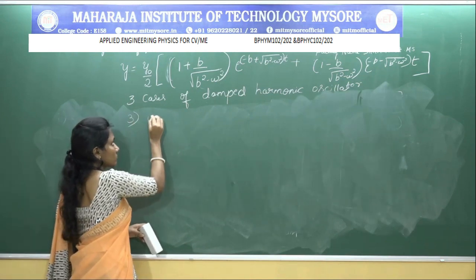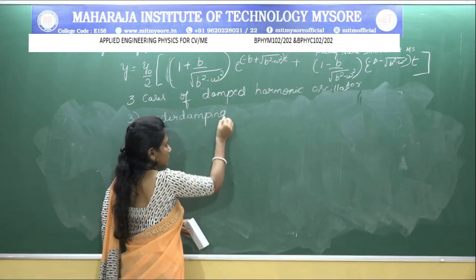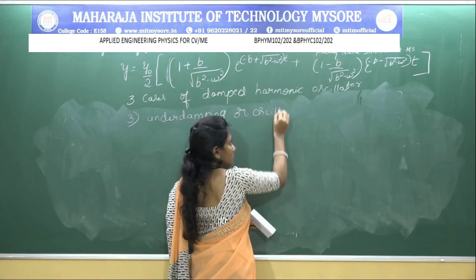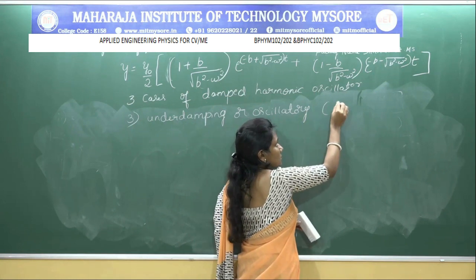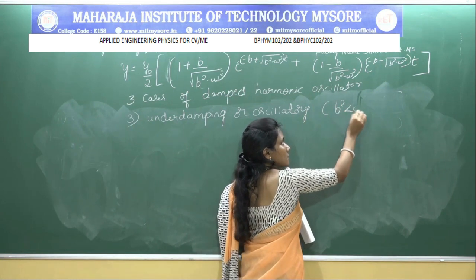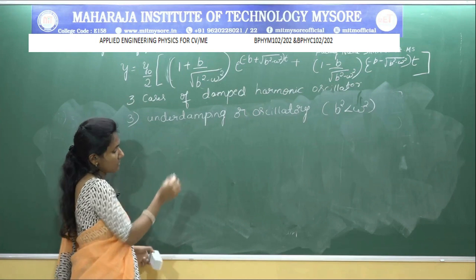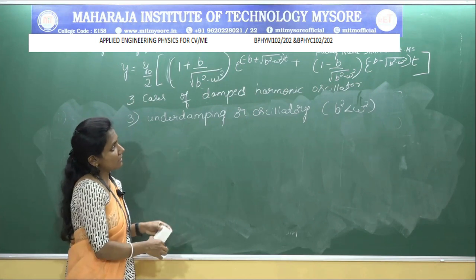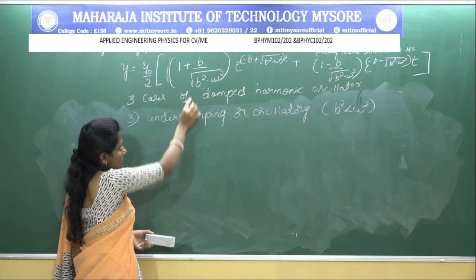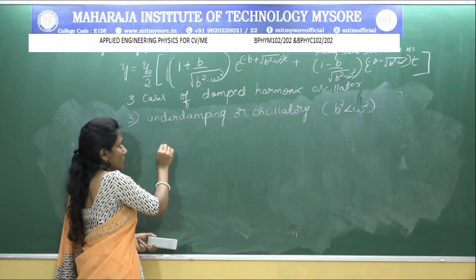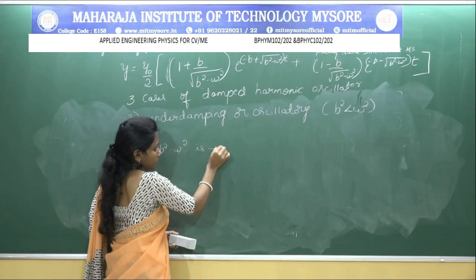So that is the third one, underdamping or oscillatory. It is called an oscillator. In this case the damping is very less. When b square is less than omega square, then the above equation will become, this b square minus omega square becomes negative,